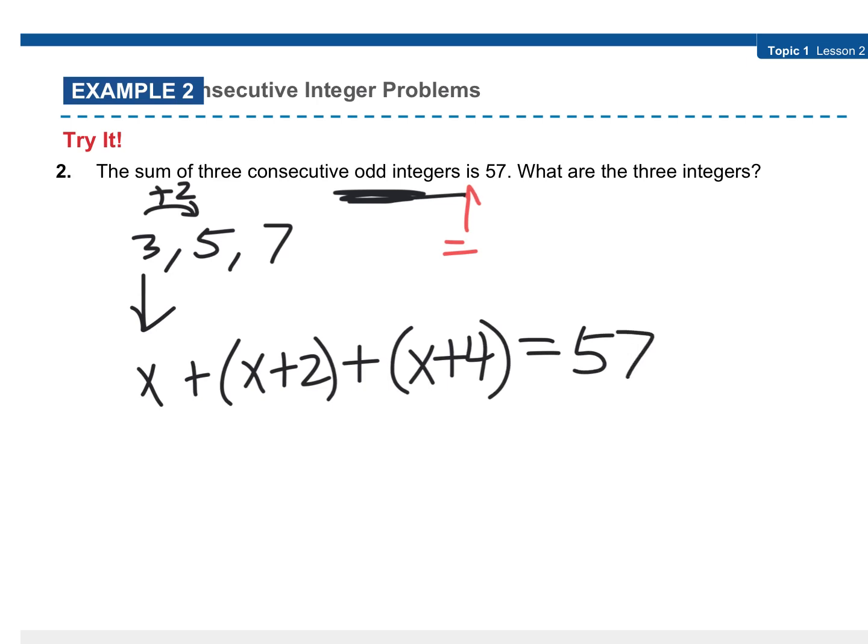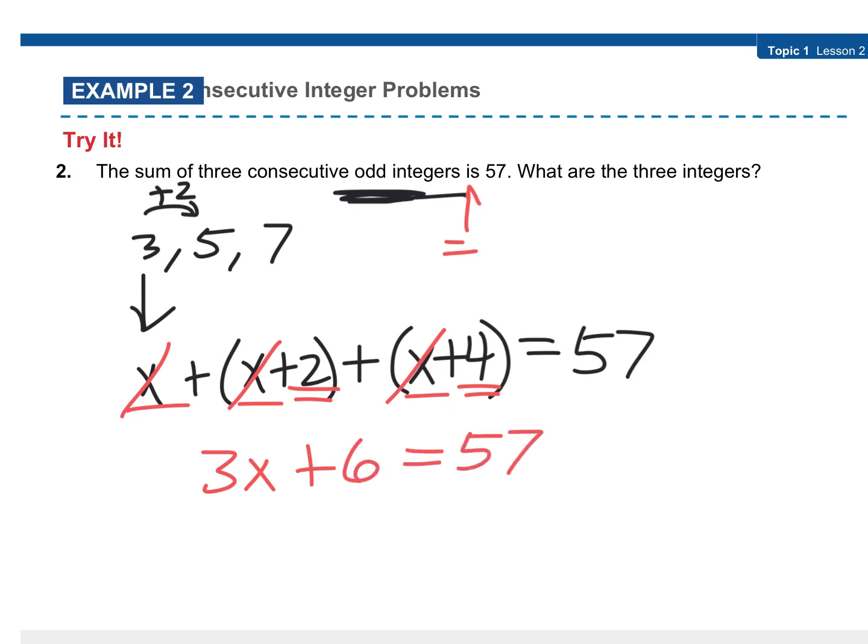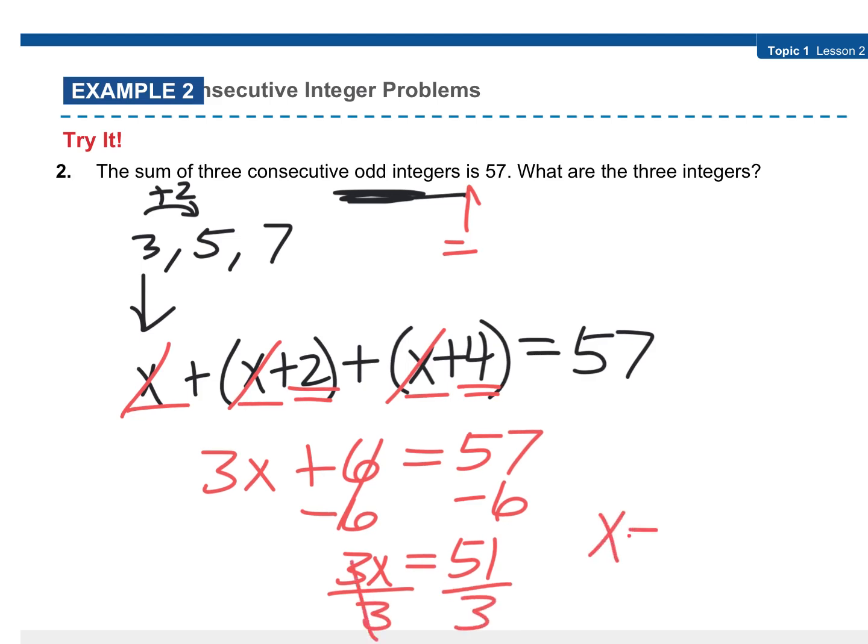Now we solve. How do we solve? We combine our like terms. So there are all of our x's, so that gives me 3x. Then I just mark through these to let me know I've used them. Then I have my numbers, 2 and 4 are 6. Whenever you solve, do the opposite. So subtract 6. It's 51. Divide by 3. And x is